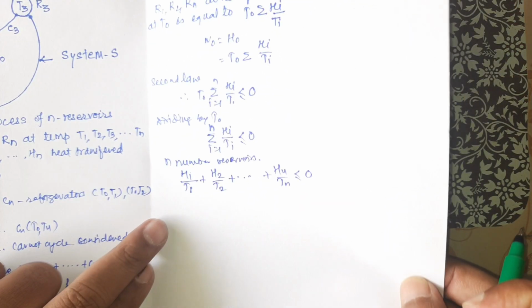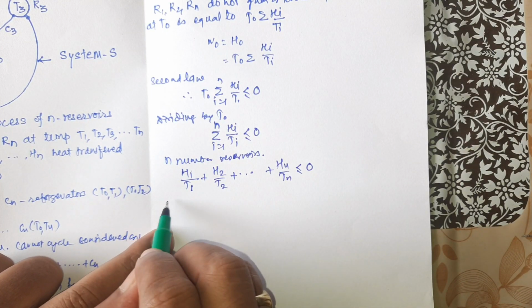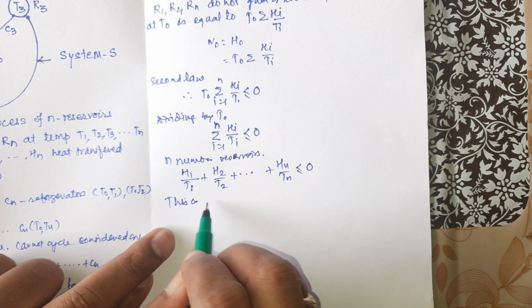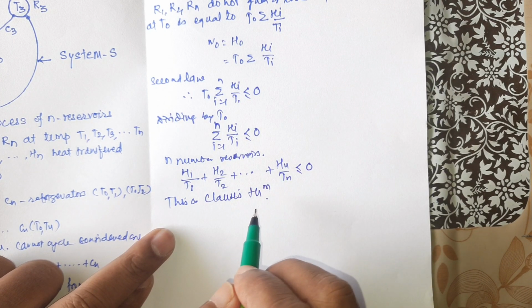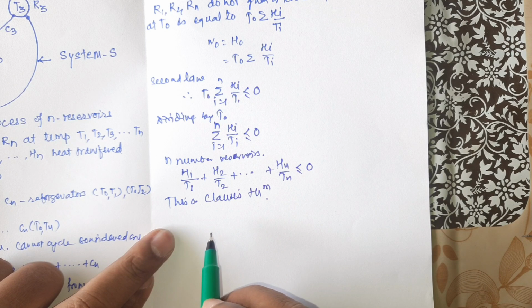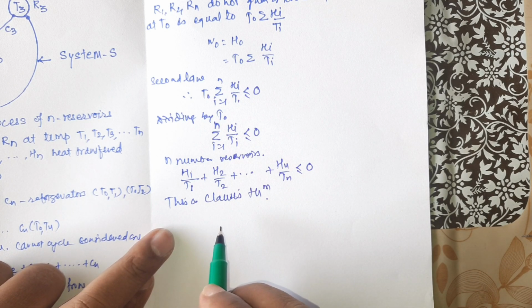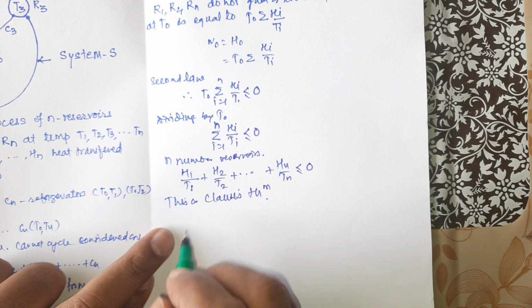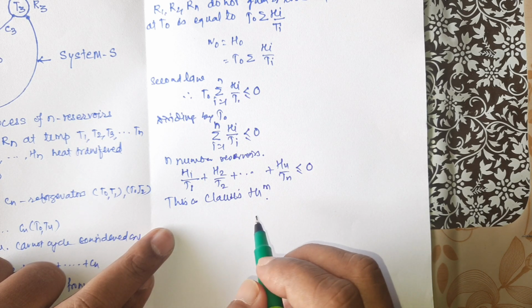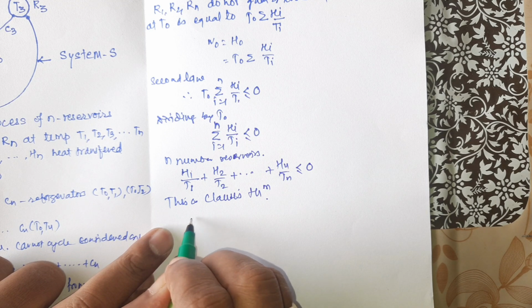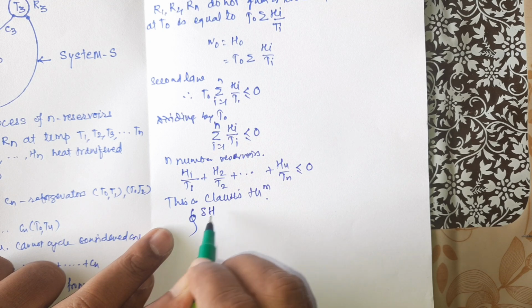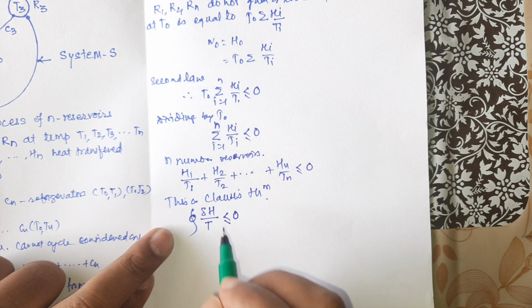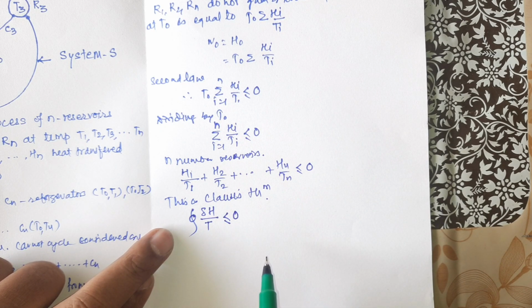This is the Clausius theorem. If the number of reservoirs is infinite and the heat exchange occurs by infinitesimally small amounts, that is delta H, we can write the above equation as the cyclic integral of delta H upon T is less than 0,